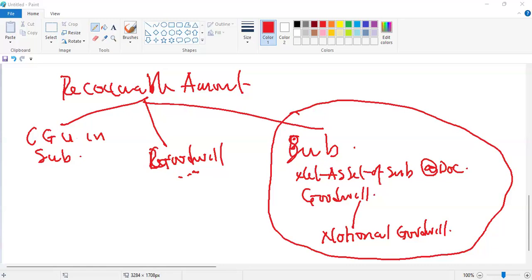Okay. These are the 3 ways recoverable amount can be given. Is it the recoverable amount of goodwill, or recoverable amount of the subsidiary, or recoverable amount of the cash generating unit? On Sunday, we are going to treat questions on this very well. Okay, let's go back to the question.